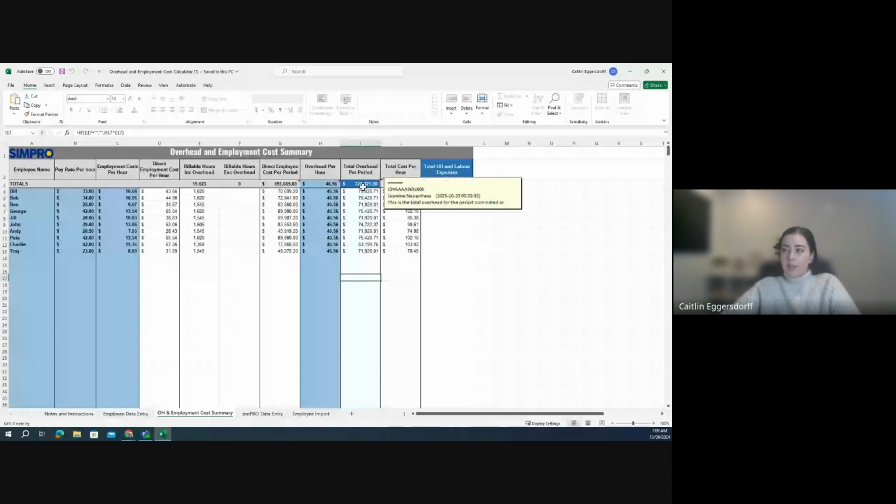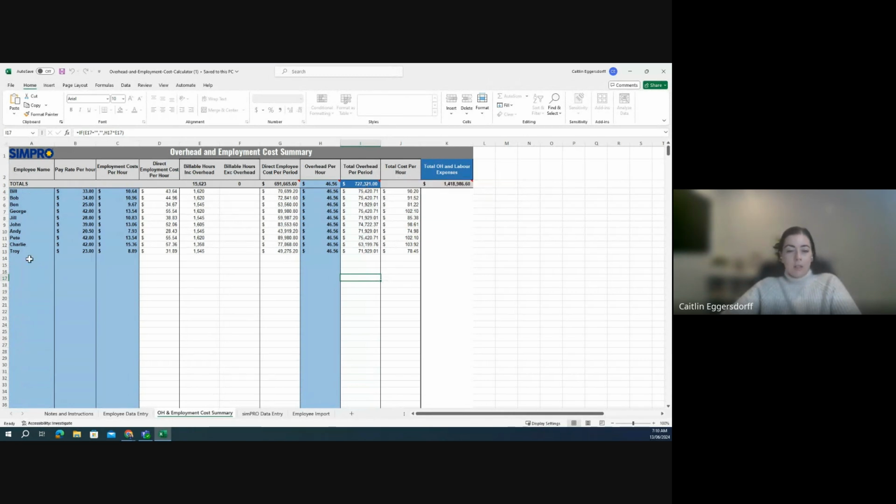So what I would keep in this figure is any operating expenses, rent, admin wages, vehicle costs, etc. I would keep all of that in this figure, but just make sure that we've taken out any technician-related wages. So once we've put this figure in at the top here, it's going to calculate our total overhead per hour based on the amount of billable hours